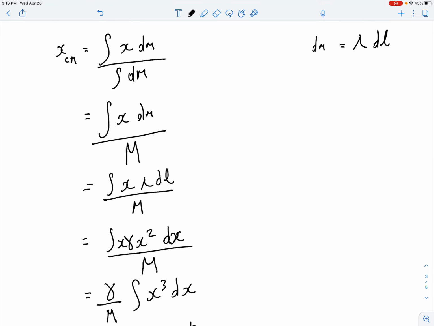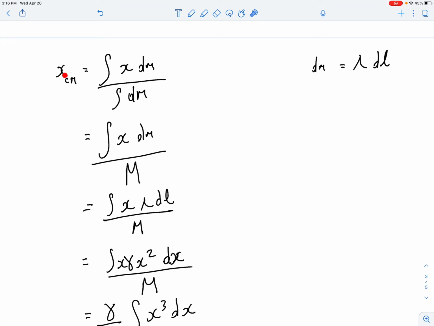It's just pure calculus, pure integration. Let me do that again real quick because some of you might not have caught that. The thing for the center of mass is this: the integral of the distance times the amount of mass. That's the general format, so burn it in your brains. It's the same thing if you're looking at it in the y or the z. If it's the y, then it's y dm over the integral of dm. If it's the z, it's z dm over the integral of dm. The integral of dm is going to be m.